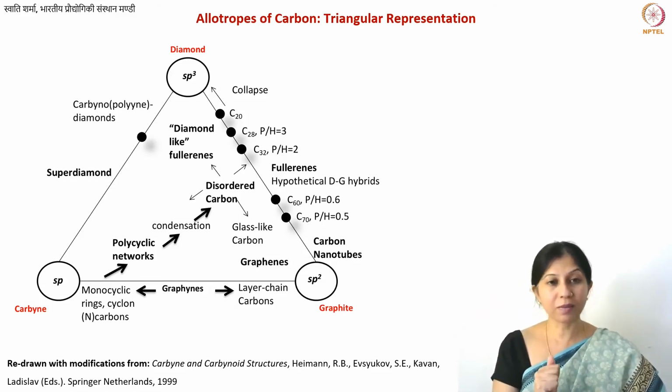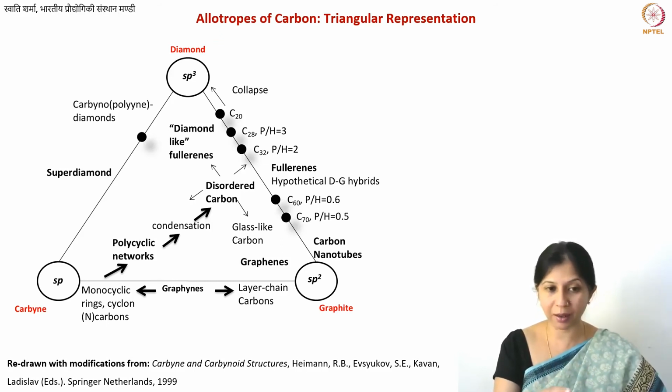But there can also be more complex representations. So this particular representation, for example, was already suggested by someone. So you see these carbine and carbanoid structures. I had also given this reference in the context of carbine when we were talking about them. In the preface of this book, in fact, this kind of diagram was suggested,